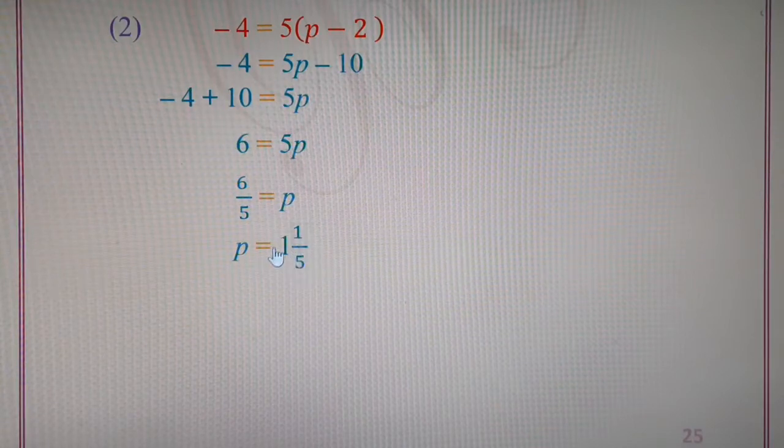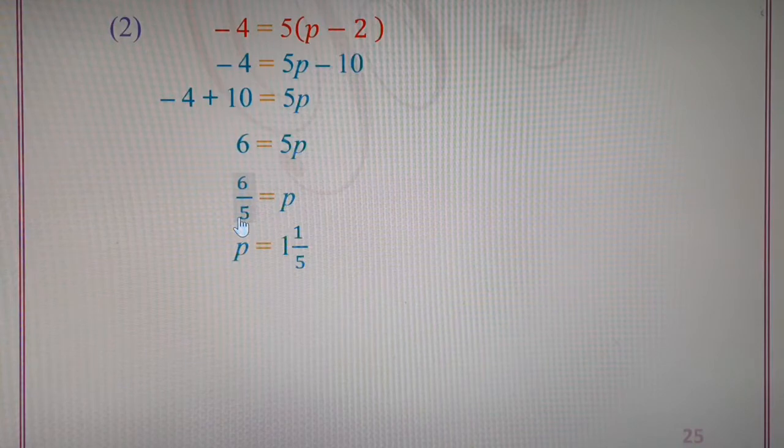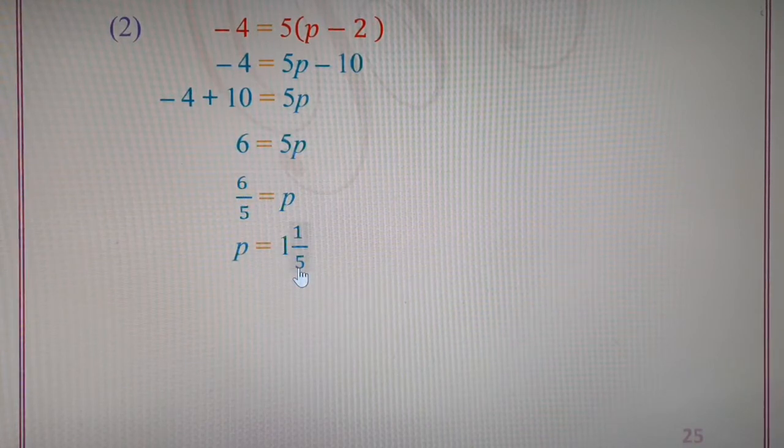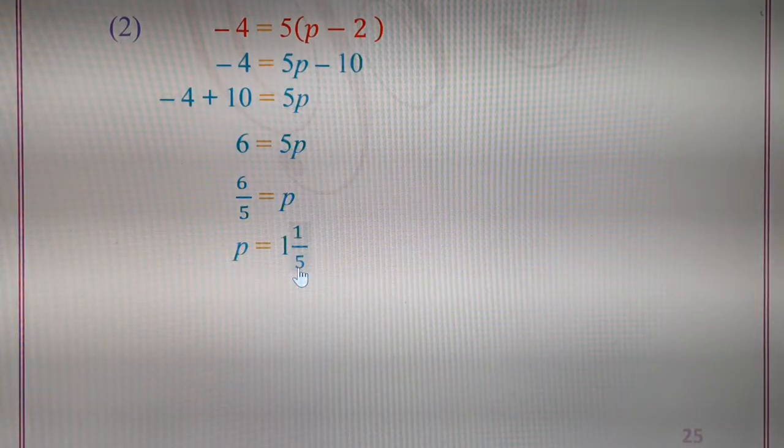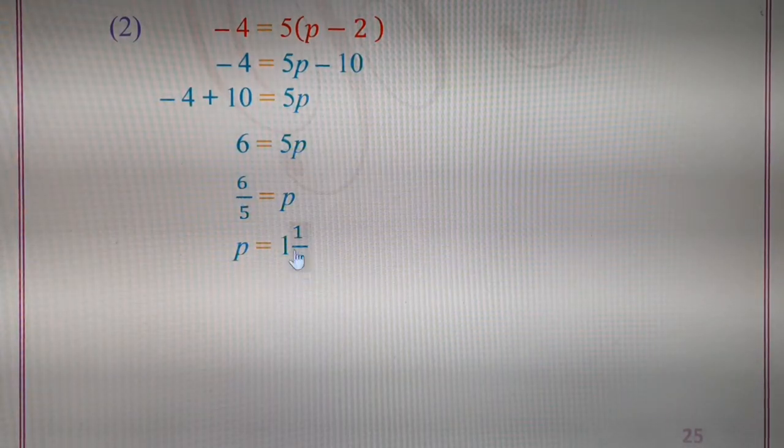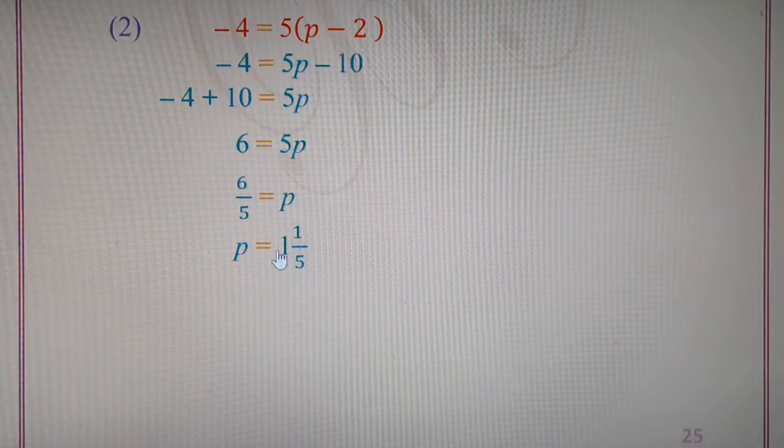So in the final answer, we will get 1 integer 1 upon 5 as the solution of p. P is equal to 1 integer 1 upon 5. So we are using the multiplication addition rule to convert the improper fraction into a mixed fraction, where the denominator 5 is copied as it is, and we say the table of 5 such that we get the nearest multiple of 6. 5 1s are 5, 5 2s are 10. 5 2s are 10 is a greater integer than the numerator 6, so we cannot use it. So we will use 5 1s are 5.